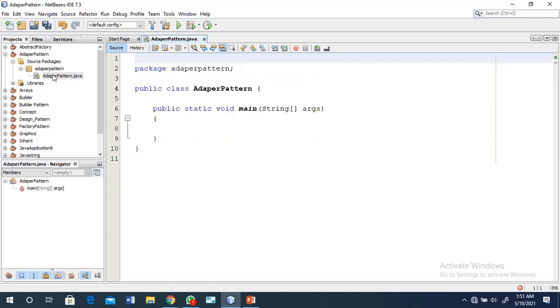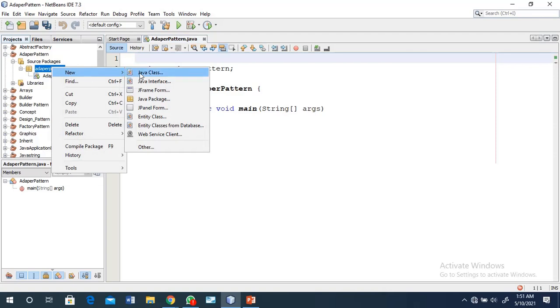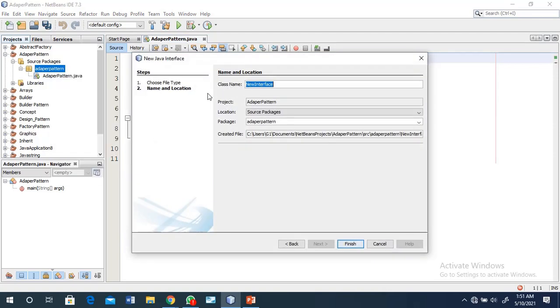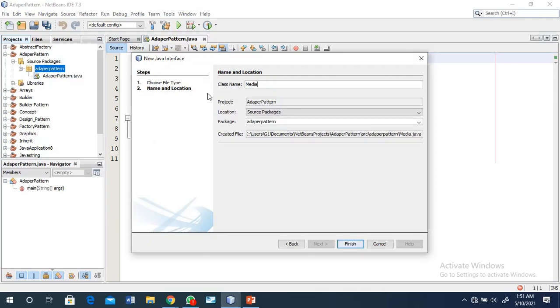Otherwise, you delete them. Then after that, we first work on the interfaces. There is one interface, media player.